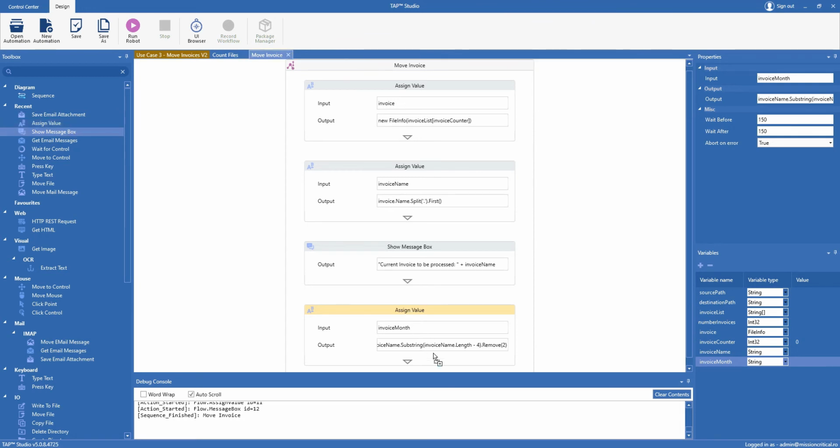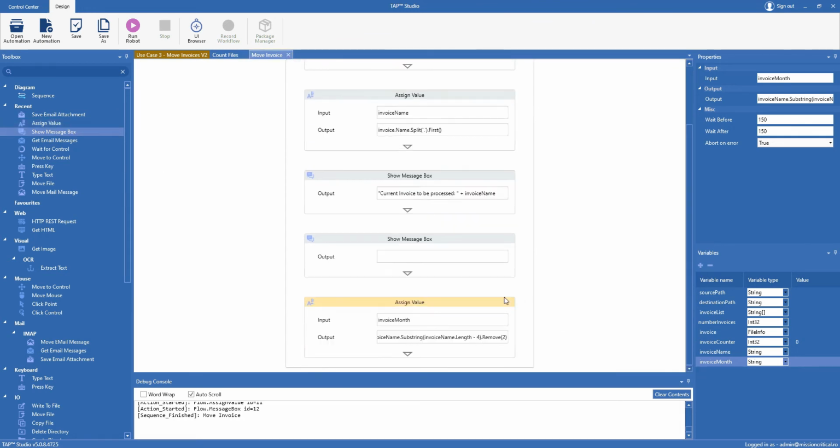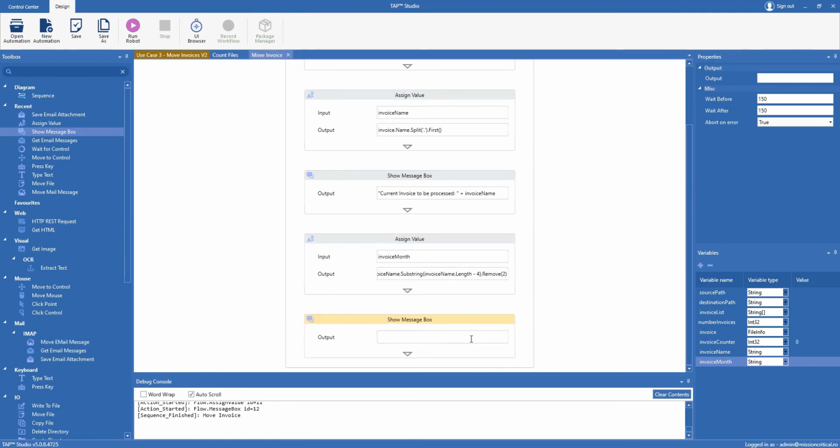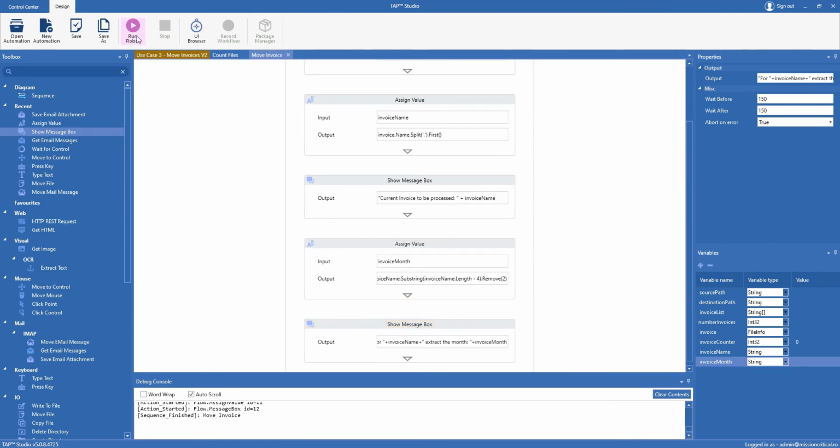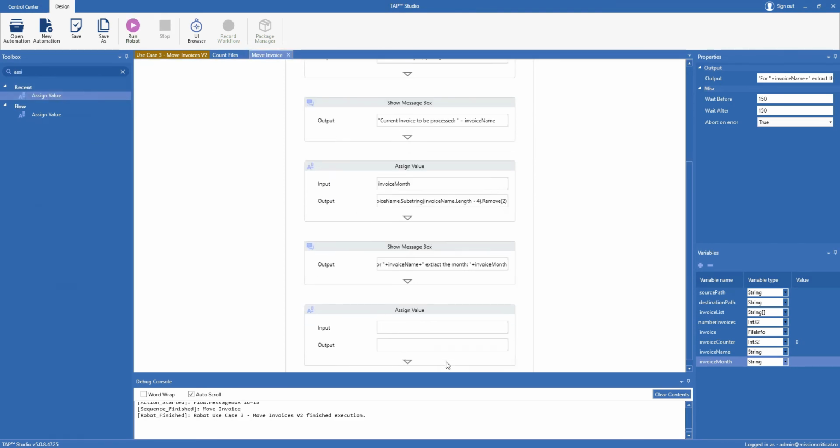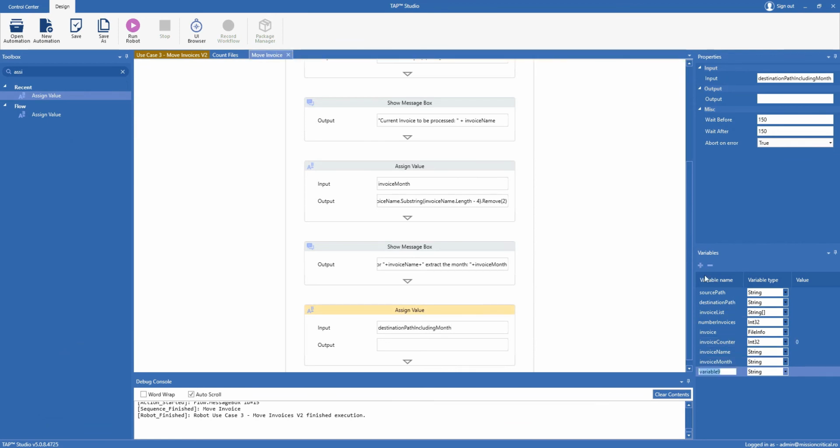Add another show message box activity to test the assignment value for invoice month. Set as output for plus invoice name plus extract the month plus invoice month. And it works perfectly. Add another string variable, destination path including month, and then set it as input in a